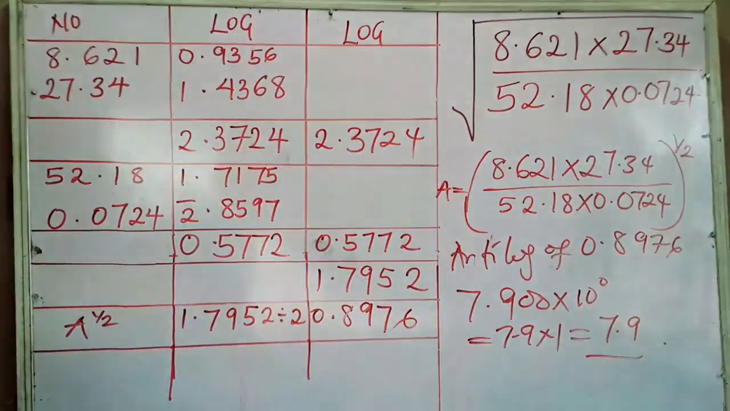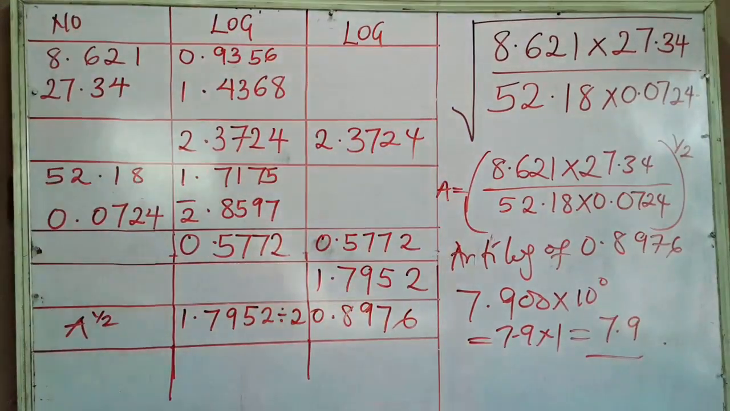So this tells us that the square root of 8.621 times 27.34 divided by 52.18 times 0.0724, when you multiply, you divide, and you now find the square root, the answer is